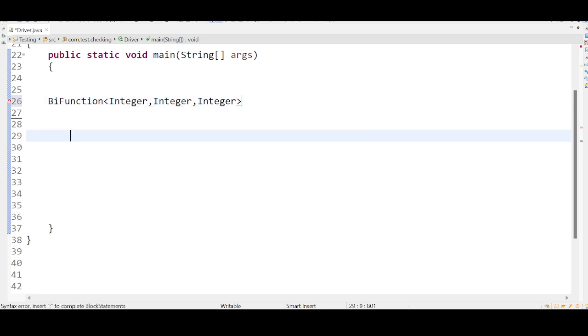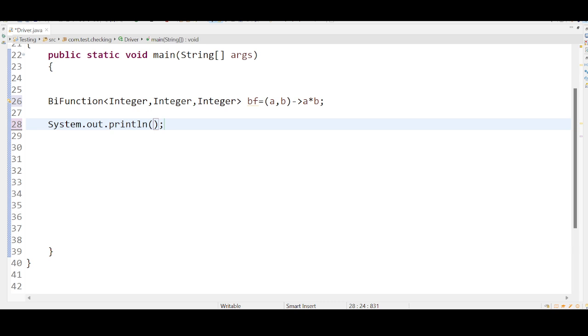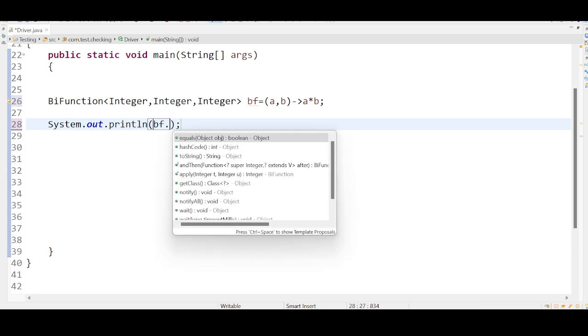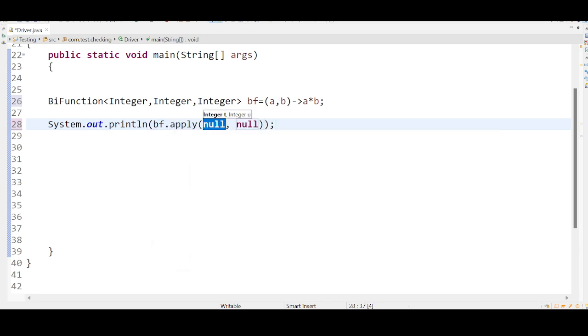Integer, integer, integer, right? So bf is the reference variable name. I will accept two inputs, a comma b, and what I want is the product of the two inputs, a into b. A simple lambda expression. When I call this logic by using the bf dot apply method, I pass two inputs, something like 100 comma